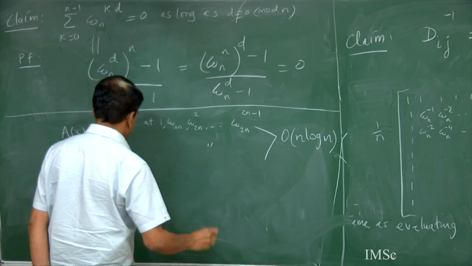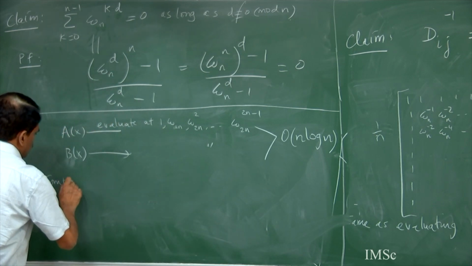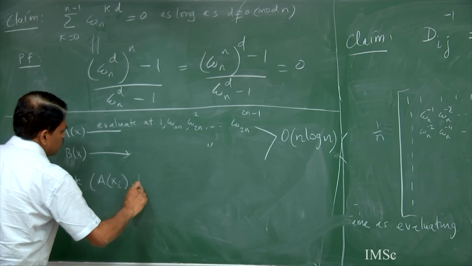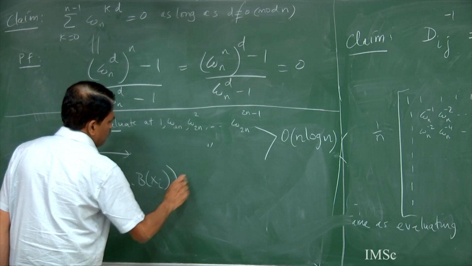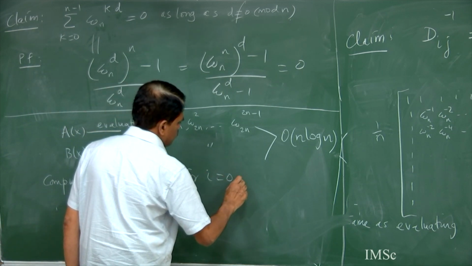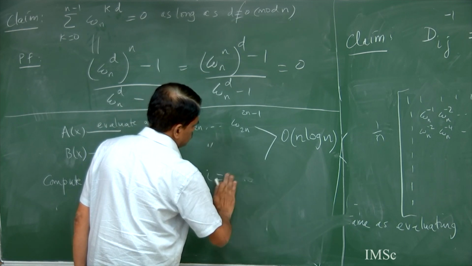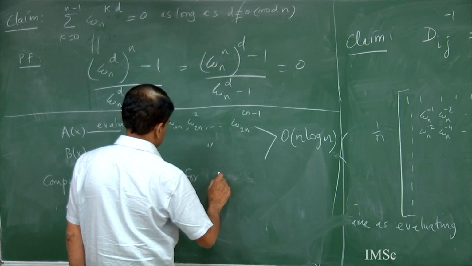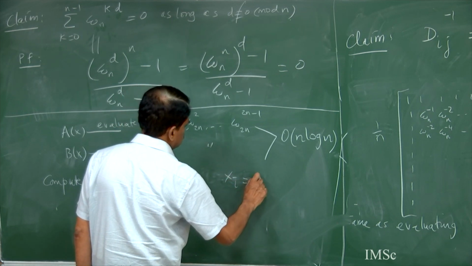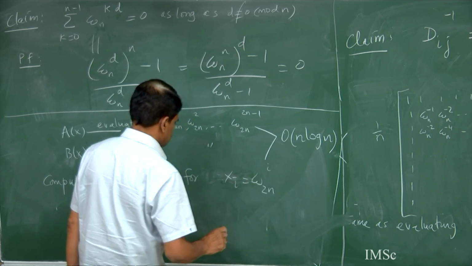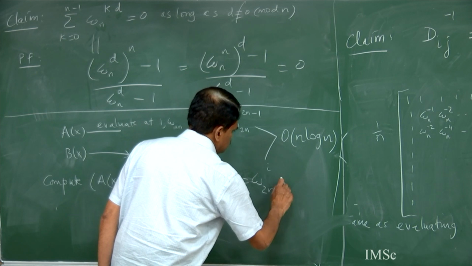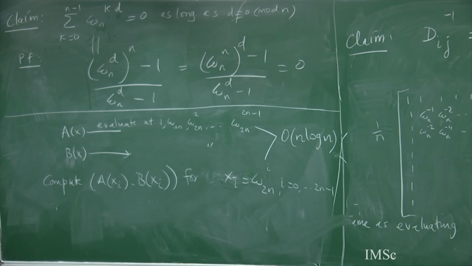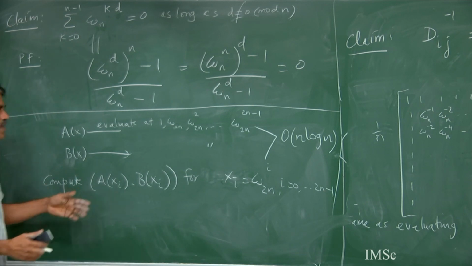And then you come back, compute the product A(xi) times B(xi) for each point, and this takes order n time